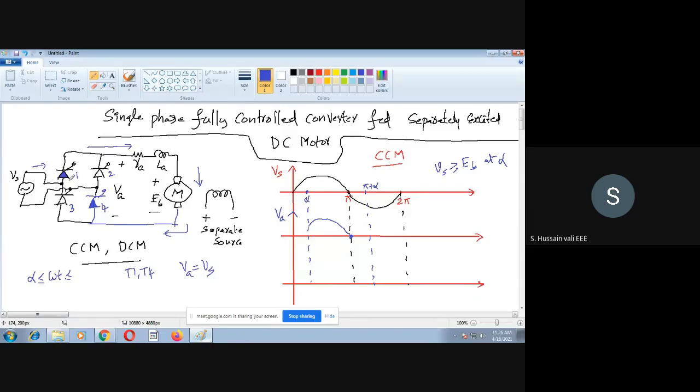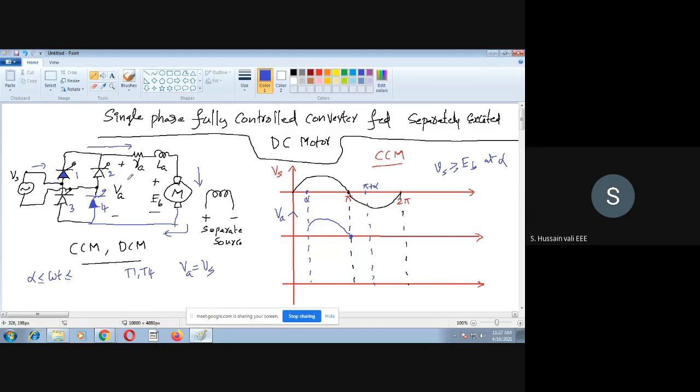Now if you take the case of the semi converter, there was a freewheeling diode here. So when the thyristors are turned off, the energy in the inductor will be circulated through the freewheeling diode. But in this particular circuit diagram, I did not take any kind of freewheeling diode here. So the energy in the inductor definitely has to circulate through 4 and 1 only. It means this energy in the inductor will force 1 and 4 to conduct further.